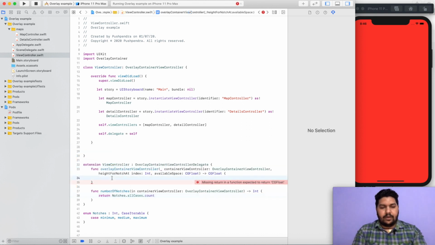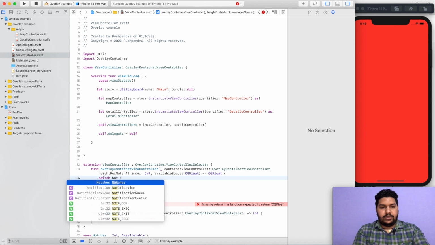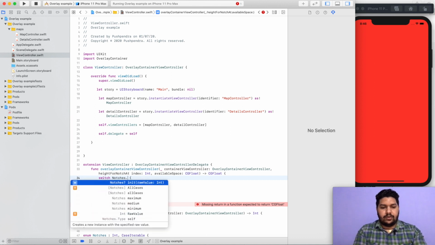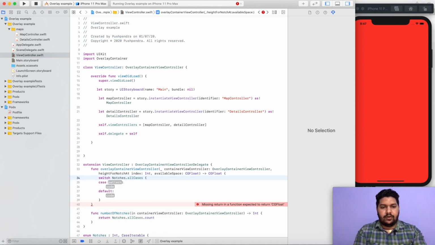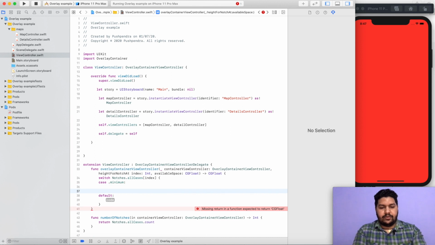Fine. Now you have to put a switch case on notches dot all cases of index, and if it equals minimum, then here we need to write some code.